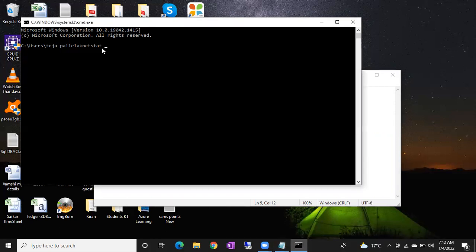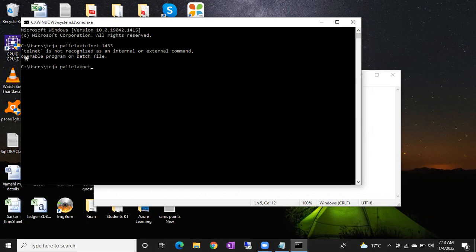For example, if you give telnet here, you see, telnet is not recognized as an internal or external command. So this is the problem. You have to enable this telnet client, install it, so that it will work. If you type it like this, a black screen will come. If you get that black screen, the port 1433 is opened. If not, it won't open and you will get an error, a different error than this one.